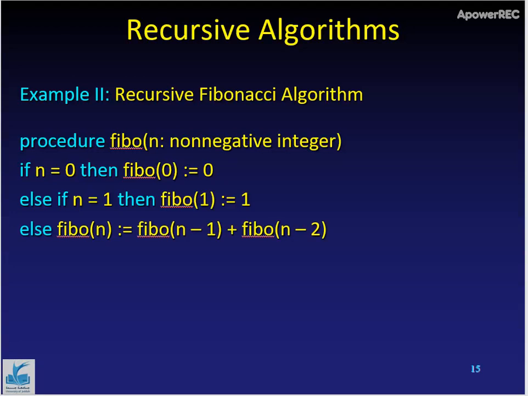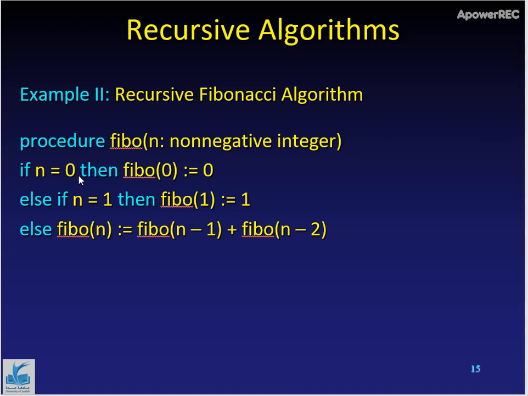Right, so we have another example of recursive implementation of the Fibonacci sequence. Recall from the previous example that recursive algorithms have functions which call themselves. So here the function will call two copies of itself because the Fibonacci sequence has a memory of 2. So we have two base cases, as we may recall from the definition of the Fibonacci sequence.